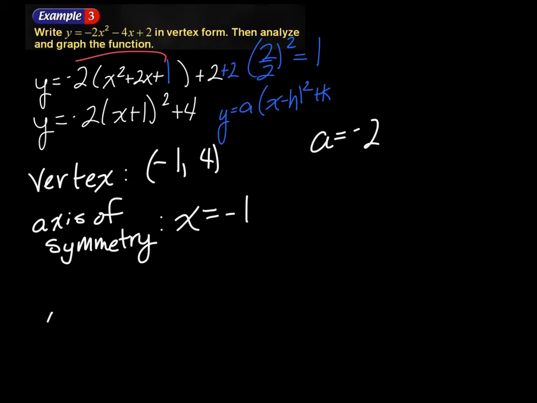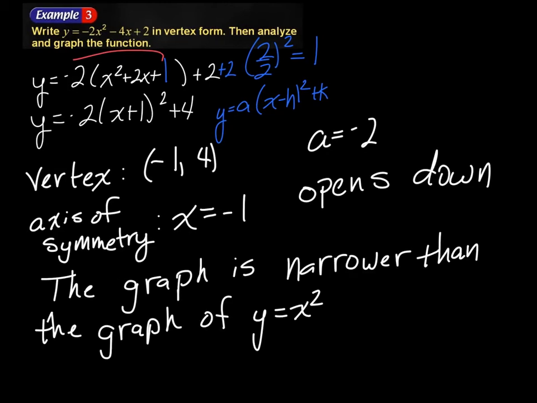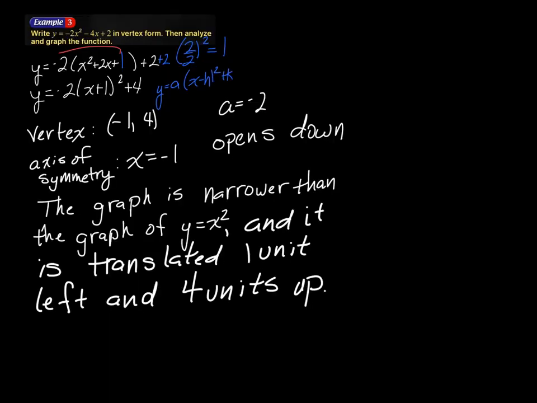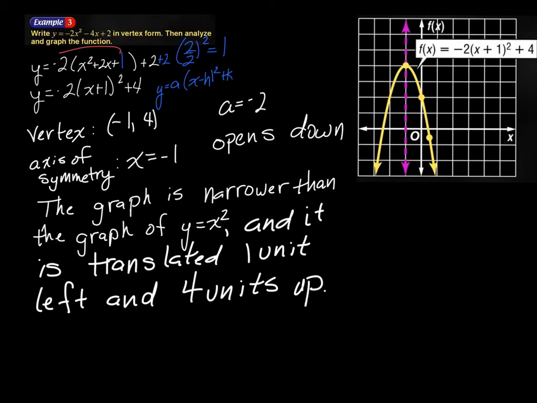Since a is negative 2, our graph will open down. The a being negative 2 also means the graph is narrower than the graph of y equals x squared. Since the vertex is now at negative 1, 4, our graph is translated 1 unit to the left and 4 units up. So ideally, we should be able to draw the graph by using the vertex and the information we've